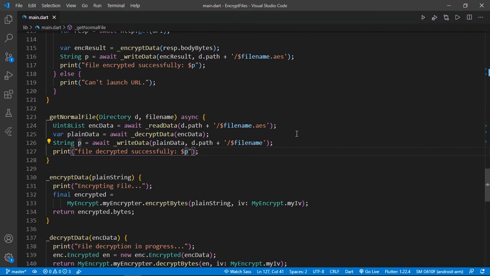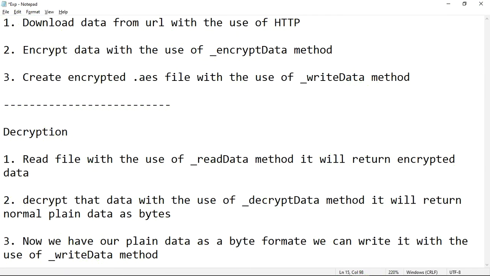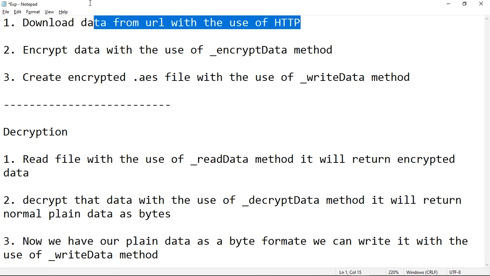Now I'm going to give you a quick recap of how all this works. Guys, in this text file you can get a better understanding of how this project is working. First is the encryption process. What happened when we click on the download and encrypt button? First it will download data from the URL with the use of HTTP.